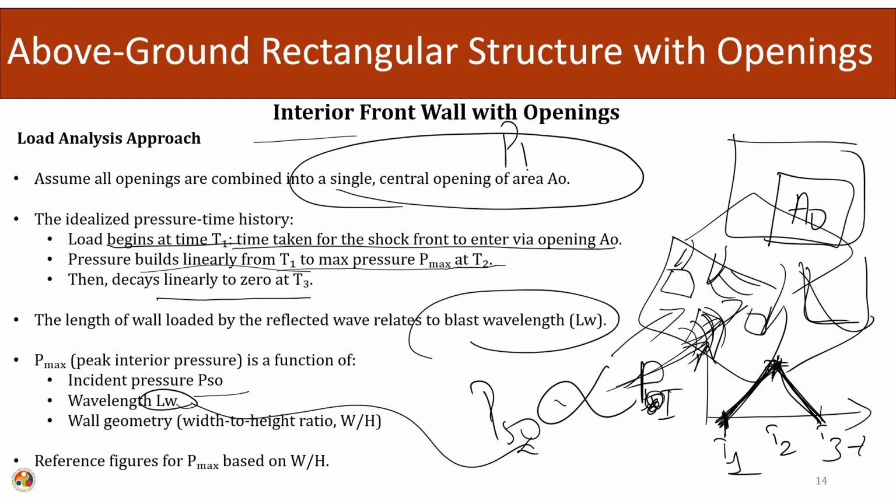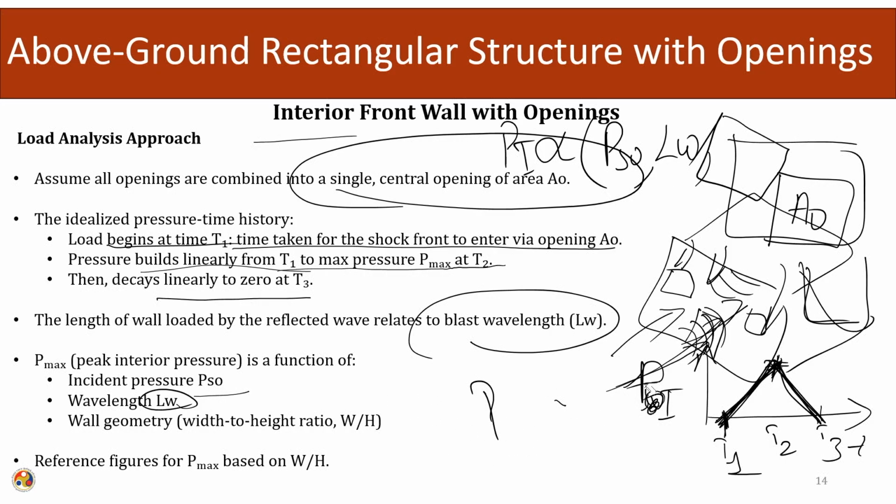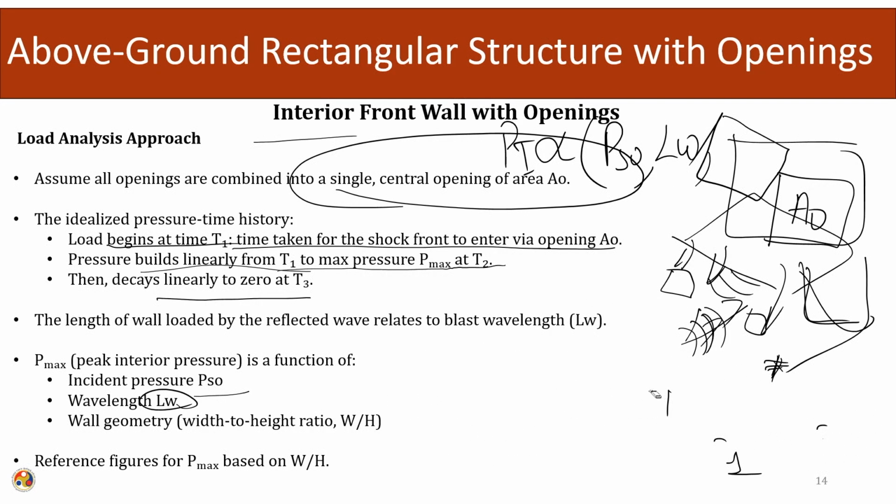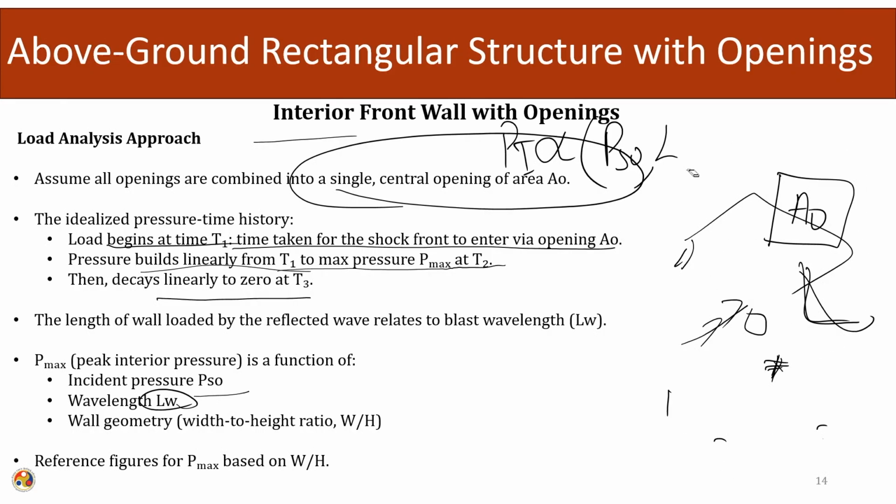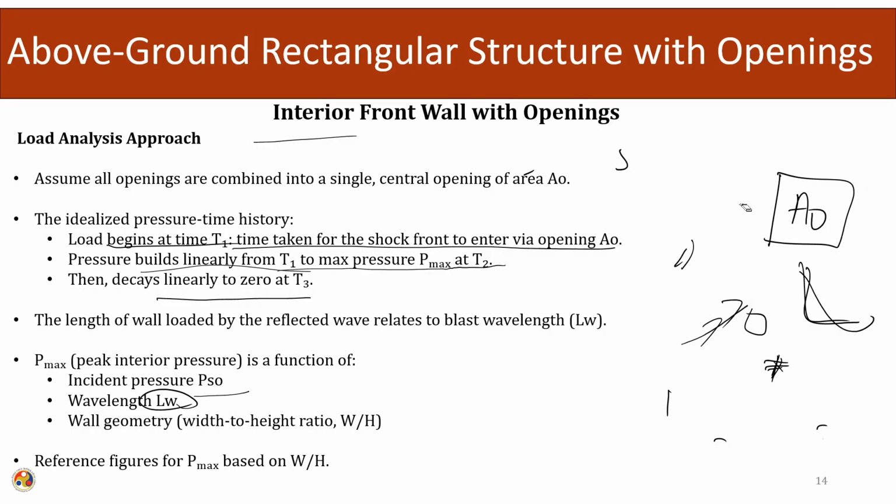So Pi is a function of incident pressure, blast wavelength and geometry, the width to height ratio. So the loading will be triangular, and it will be a function of the incident pressure, the blast wavelength and the width to height ratio, the peak pressure on the interior